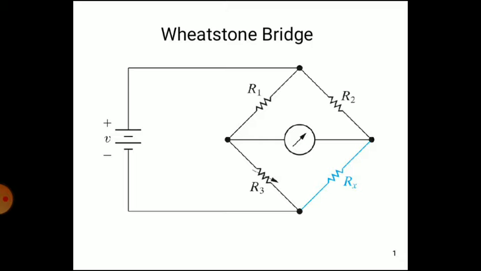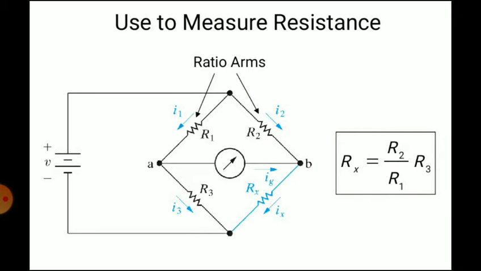Now regarding the Wheatstone bridge, it is the most commonly used DC bridge for measurement of resistance. This bridge is used for measurement of small resistance changes that occur in passive resistive transducers like strain gauges, thermistors, and resistance thermometers. It consists of four resistive arms with a battery source and a meter which acts as a detector. The detector is usually a current sensitive galvanometer.